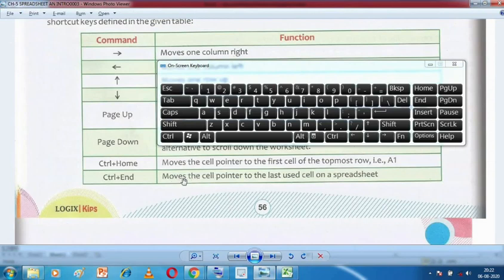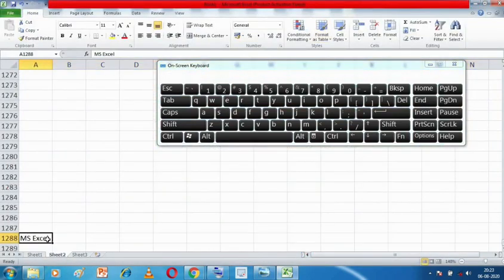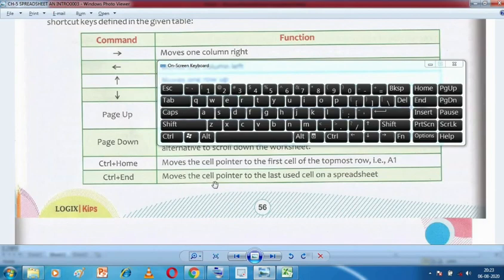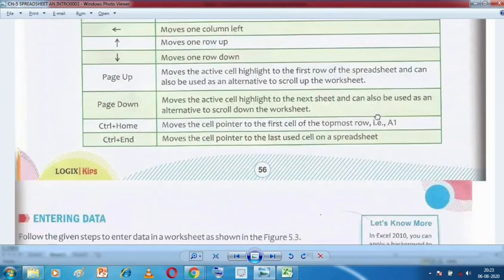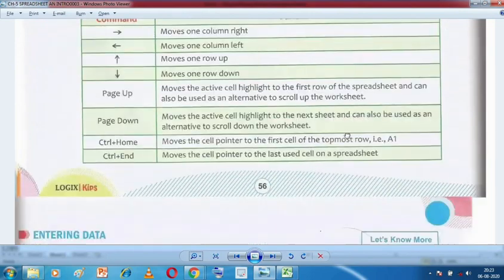It takes the cell pointer to the last used cell on the spreadsheet. It does not take me to the last cell of the spreadsheet. So this is the use of Control plus Home and Control plus End. With this we finish this topic, moving around the spreadsheet.